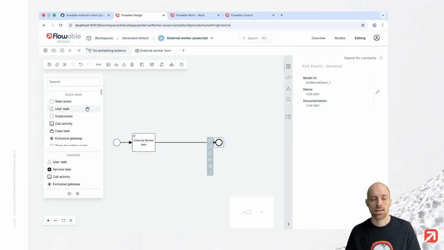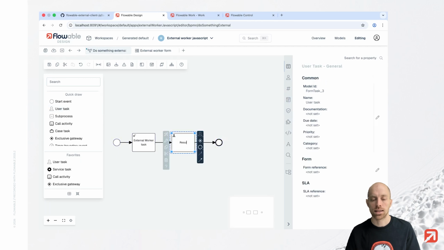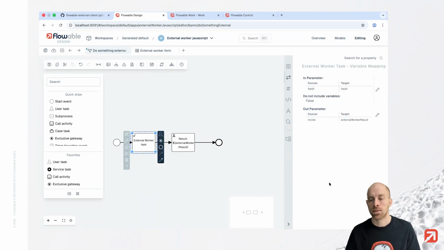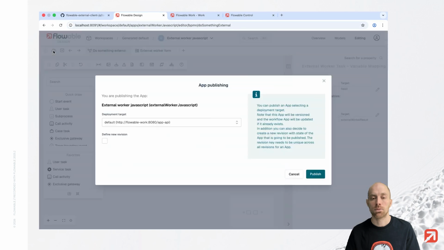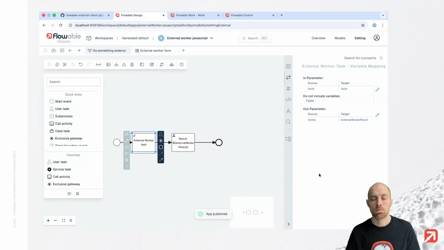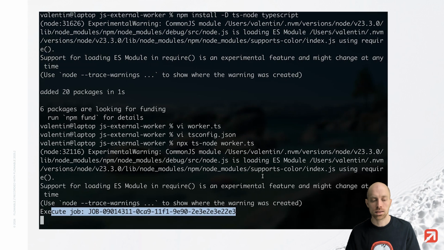Now let's just add an additional task here, and we just say here result colon, and then it is our external worker result. So that is going to be in here, and with that we actually then print our external worker result when we are back over here. Now with that we have mapped an in variable, field 1 maps to field 1, and out parameter my var maps to external worker result. Let's save that, then we publish it,